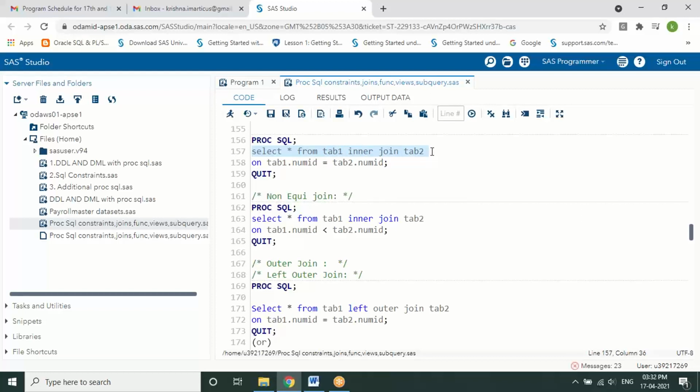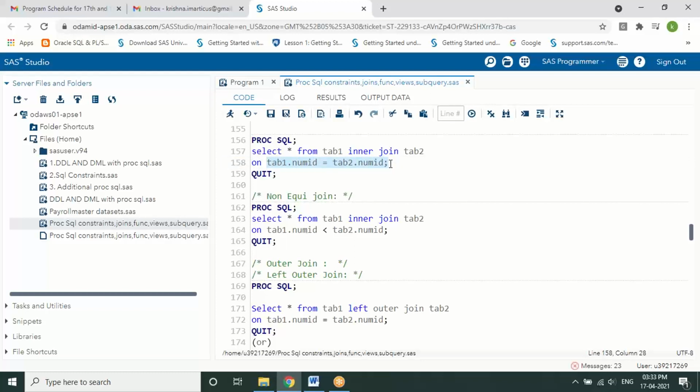We have different ways of writing the syntaxes, and going in depth into joins we have many things to discuss, but as we have some restrictions, we are discussing the way the syntaxes can be written. Here one of the common syntaxes we use is ON. ON is a statement which allows you to specify the join condition. So we write: select star from table 1, inner join table 2 on table 1 dot common column equals table 2 dot common column.